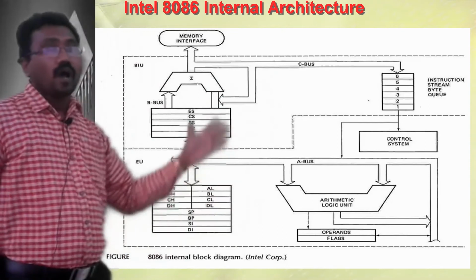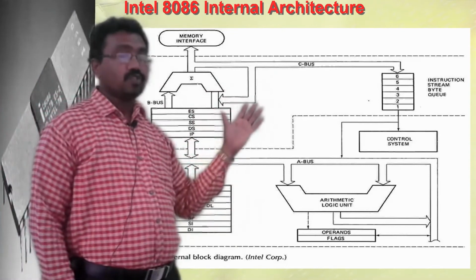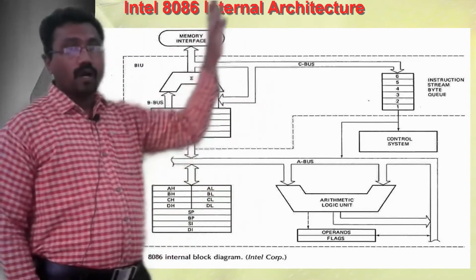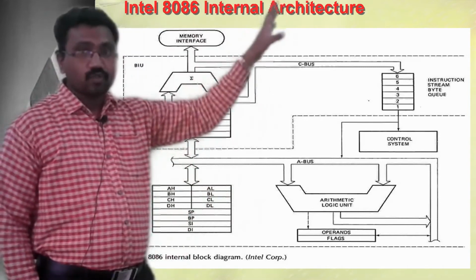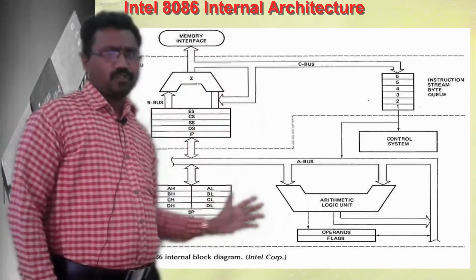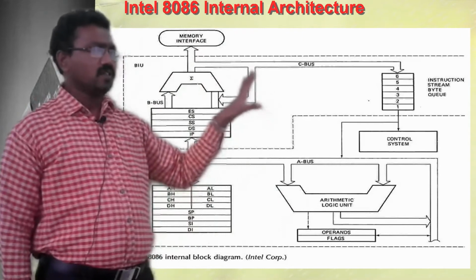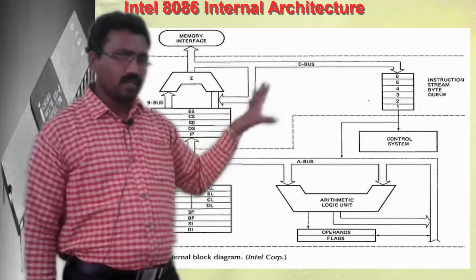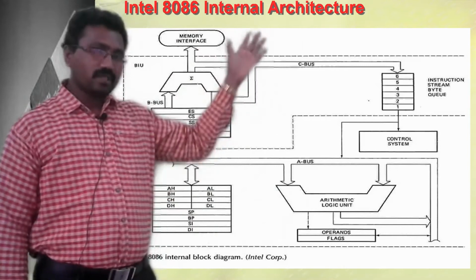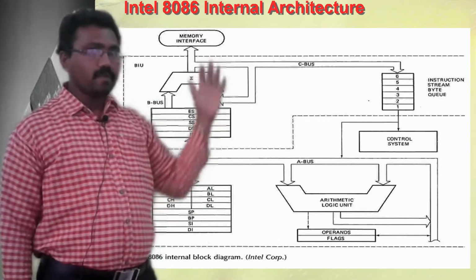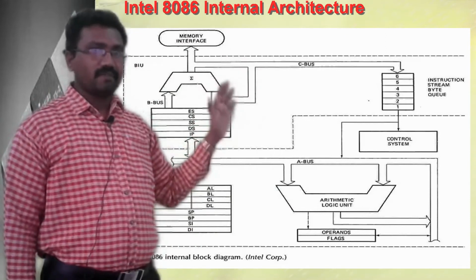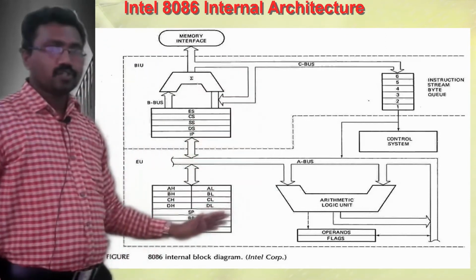The execution unit tells the bus interface unit which instruction is to be fetched from the memory, which data is to be written into the main memory, and which address is to be written. Everything is under the control of the execution unit. So the bus interface unit performs all bus operations: fetch the instructions from the memory, read the data from the memory, and write the data into the memory. These operations are handled by the bus interface unit under control of the execution unit.